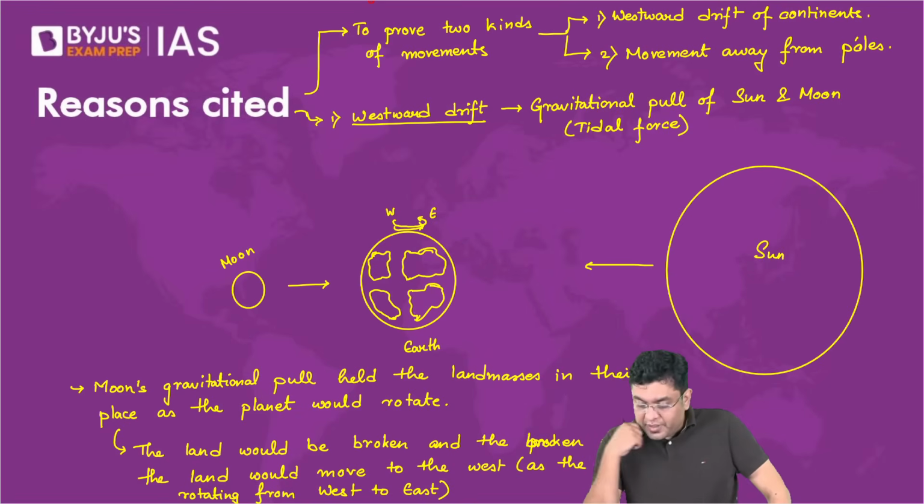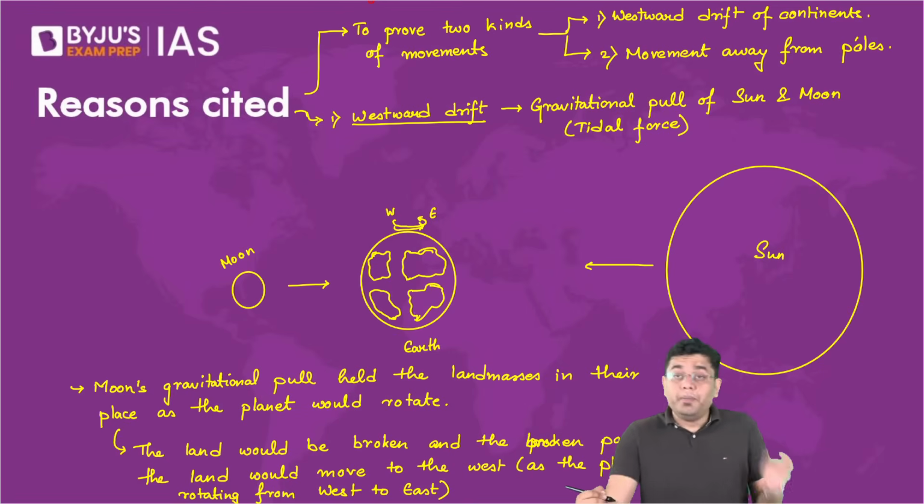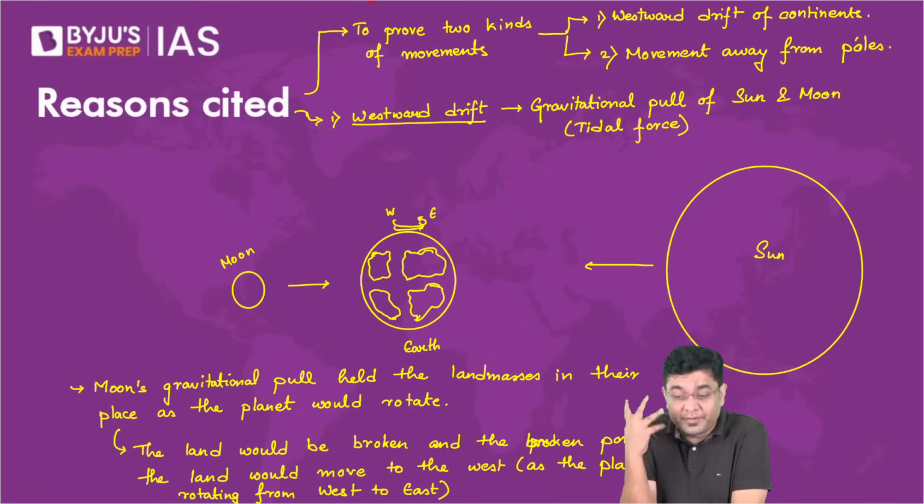If it is rejected, why should it be in the civil services examination? I don't know. You can write a mail to UPSC DOPT. Why are they asking these questions if this theory has been rejected? You can go to the nearest MP or MLA. You can ask them to represent this question in the parliament as well, but then they do ask this question.